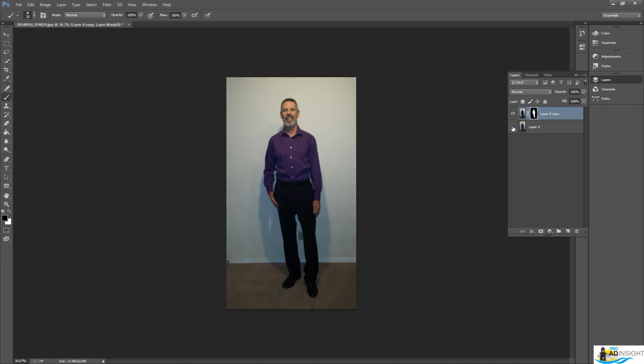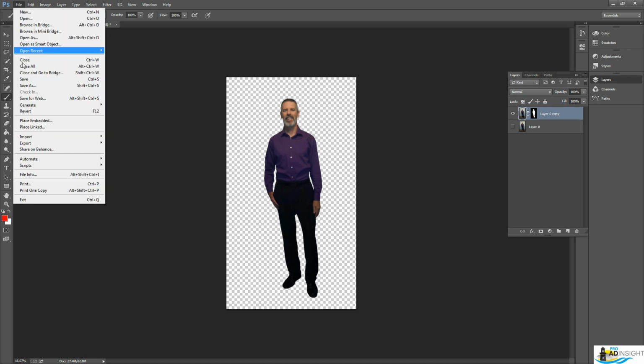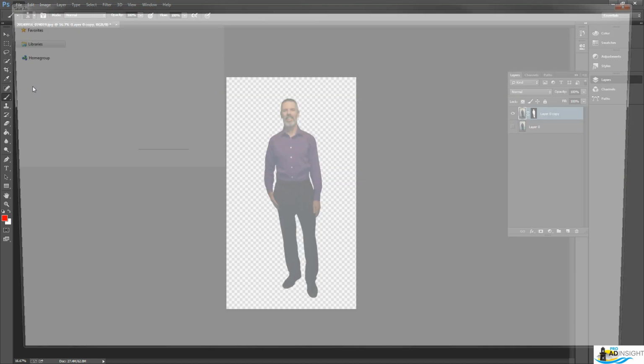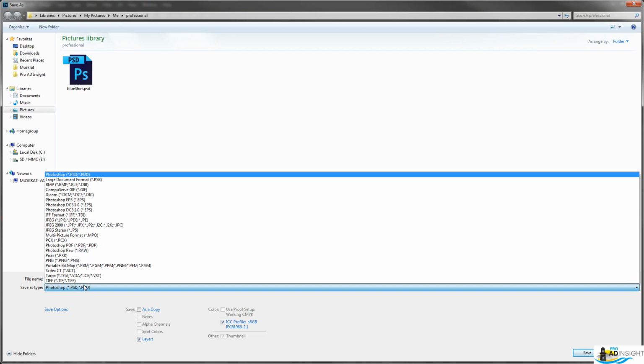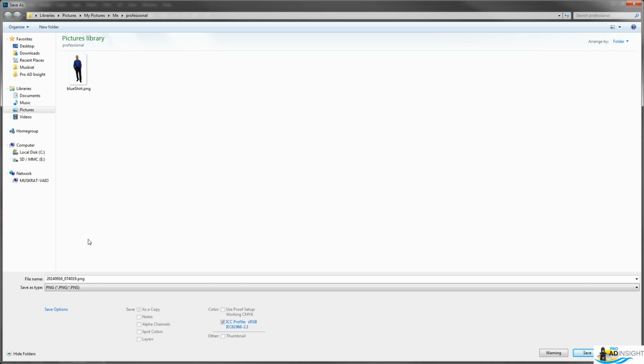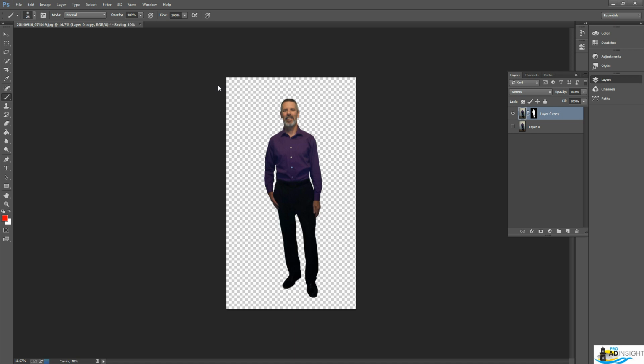So anyhow, that's the final crop. I'm going to go ahead and save that. So all you do is select the layer. I actually don't know if you even need to do that, and just hit File, Save As, and you probably already know this part, but choose your folder, save it as a PNG, and you can see my blue shirt one I did there earlier. I'm going to save this one as purple shirt in my professional image folder, and voila, as soon as it's done I'll show you